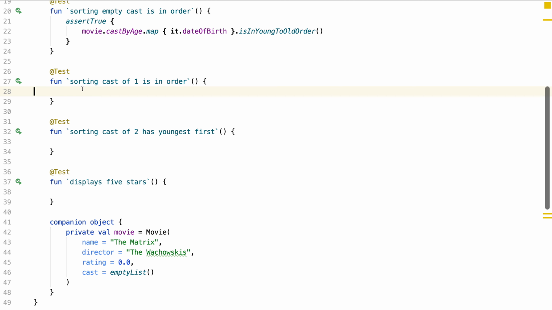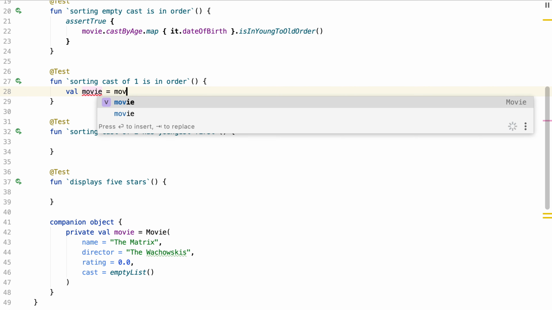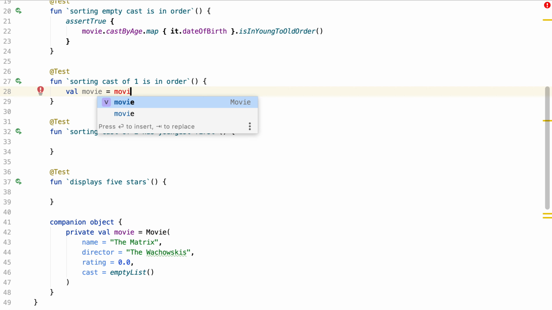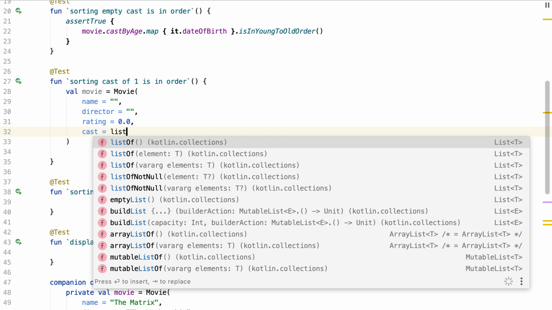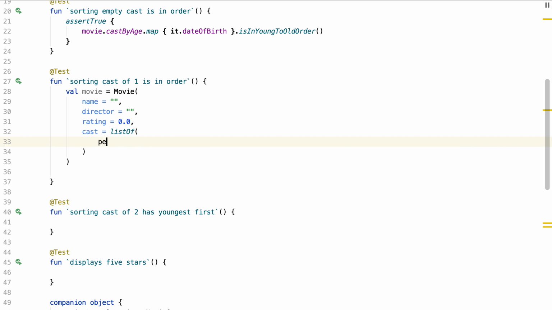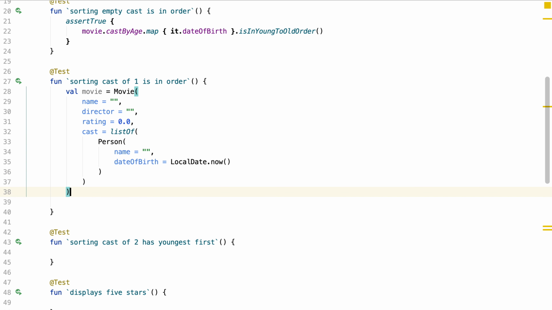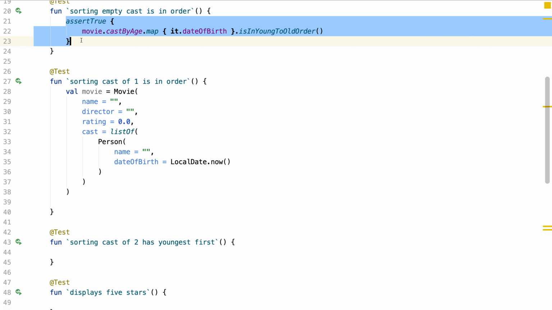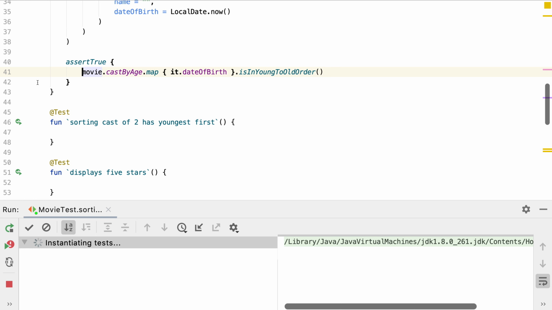To test a cast of size 1, we again create a movie object with a list of one person. The same assertion as we use in the cast of size 0 can be reused. And running this test, it passes.